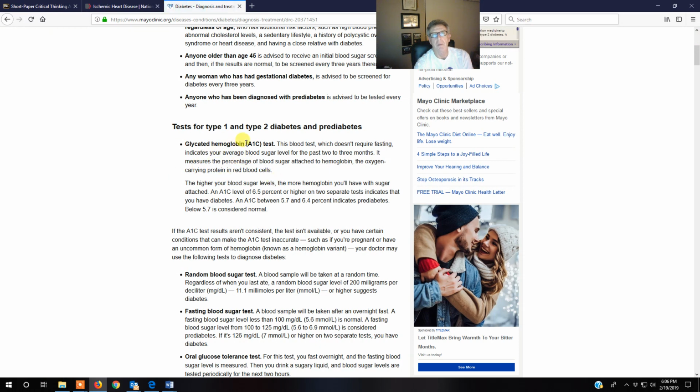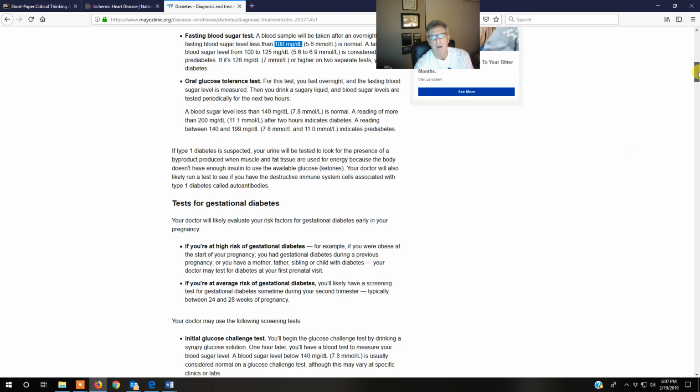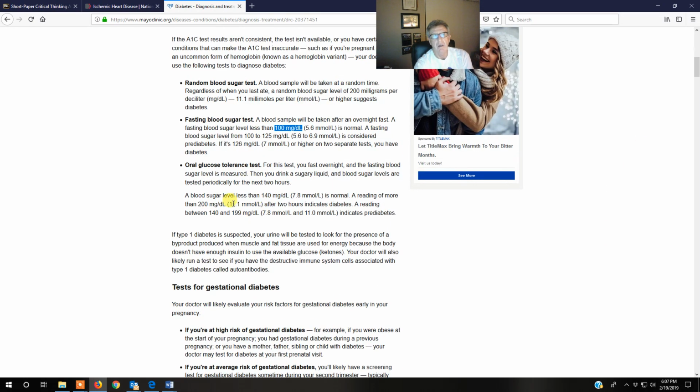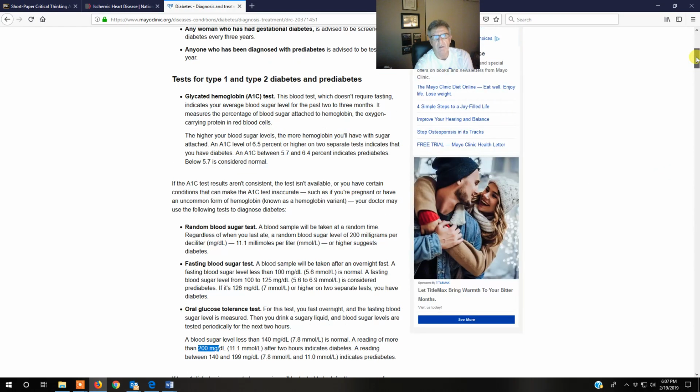So we're going to look at the hemoglobin A1C test. This looks at how many sugar-coated molecules. These are the cutoffs. Okay, you don't want to be over 6.5%. Okay, this right here shows you you're at risk. Okay, we can do blood sugar test. We look at the fasting blood glucose or a glucose tolerance test. Okay, you want to be less than 100 milligrams per deciliter. Okay, that's 1/10 of a liter. And then you look at a glucose tolerance test where we give you a known level of glucose, and we look at what it is. Again, if you're over 200, it's not good. Okay, all right. So that's what that's all about.